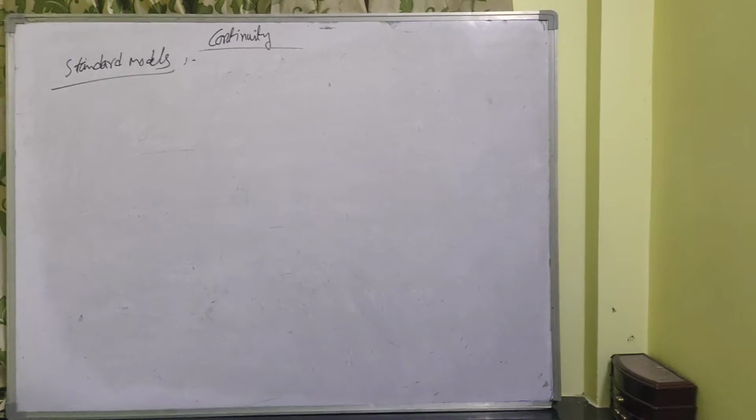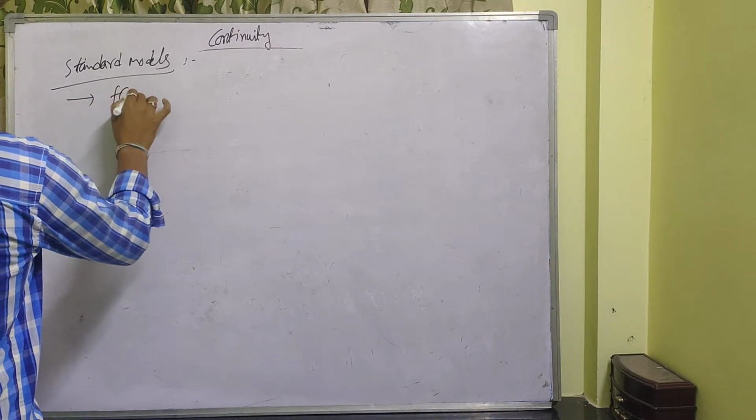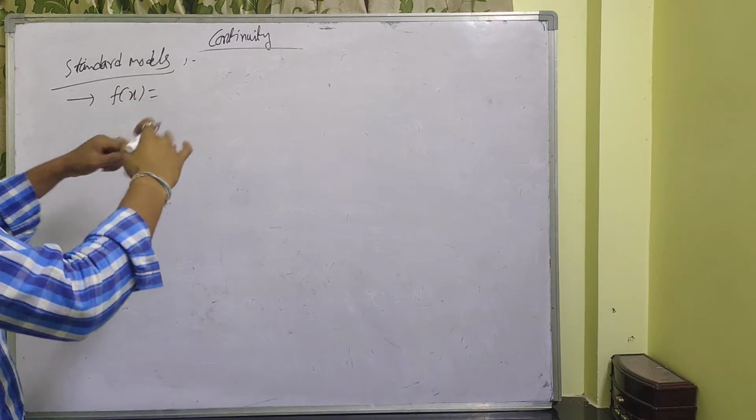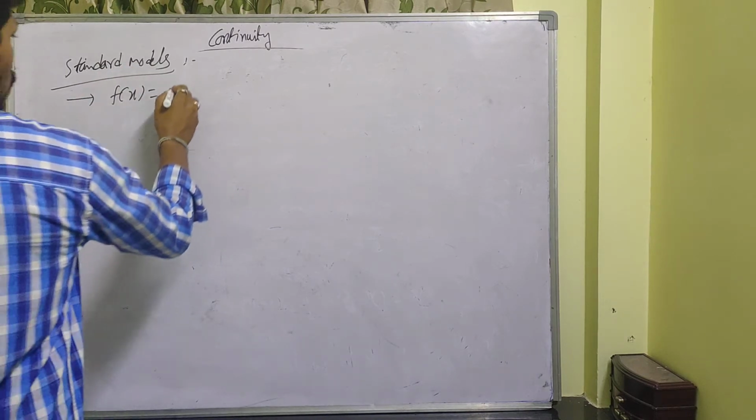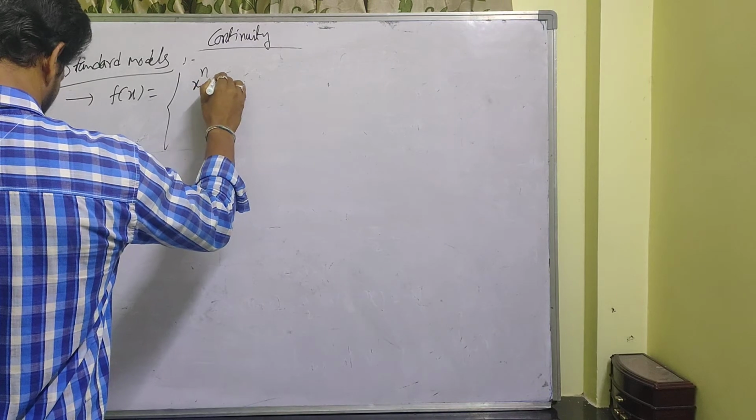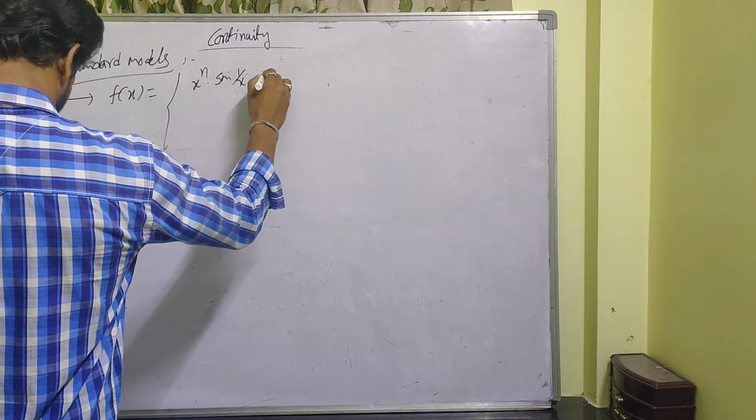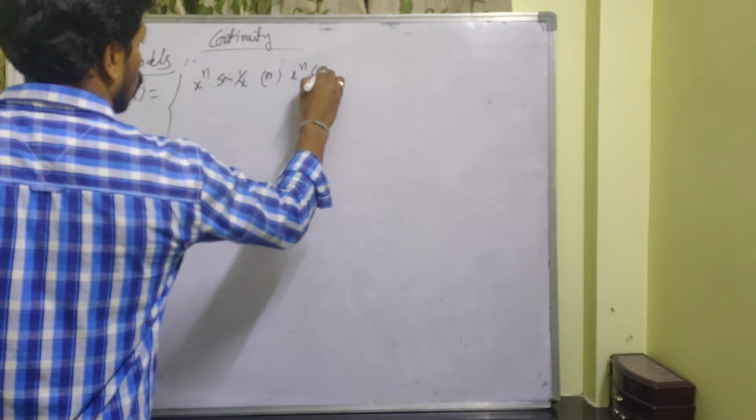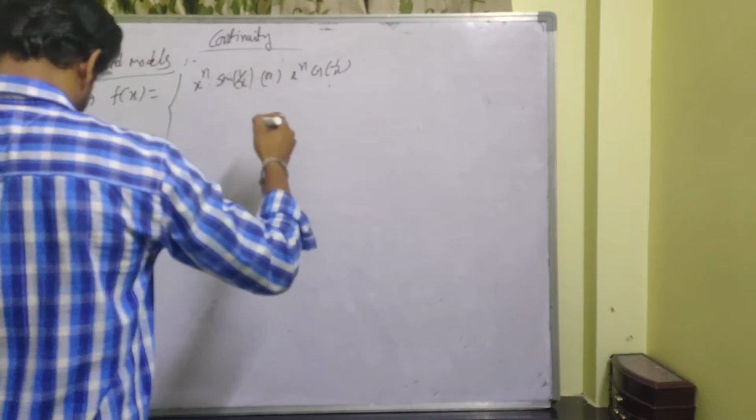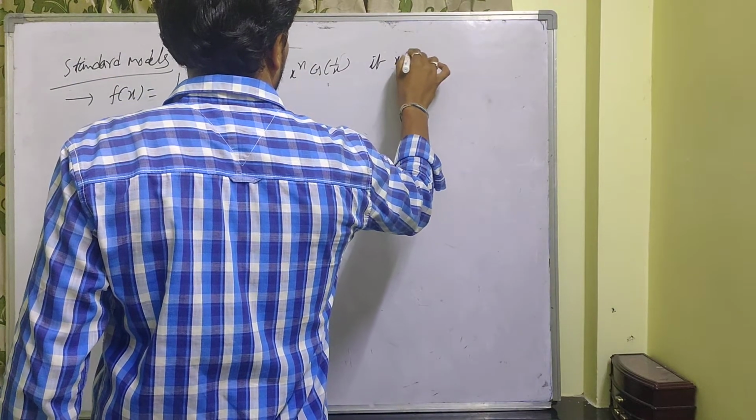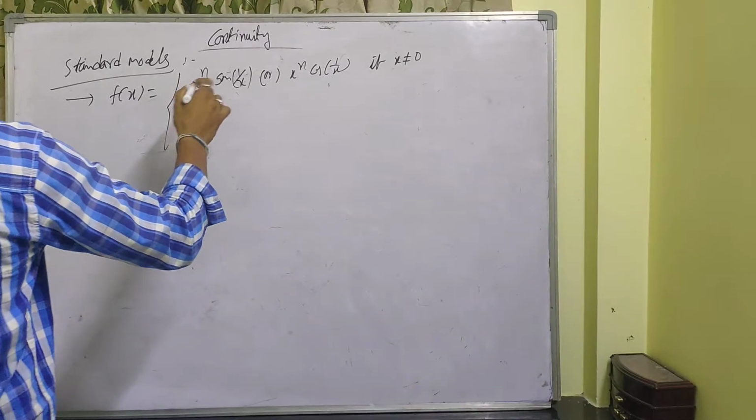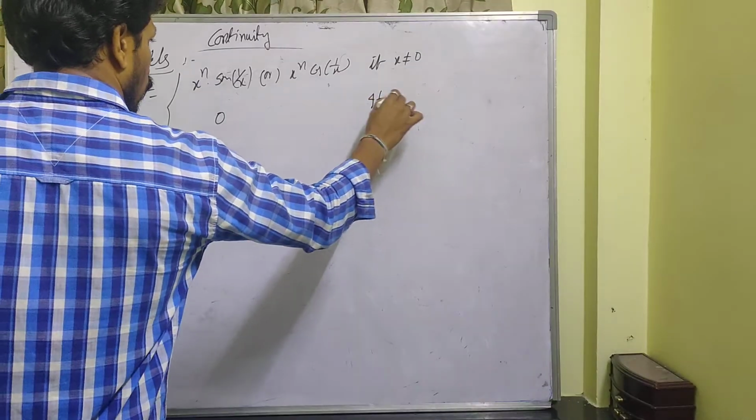See here, first one. Okay, standard models here. The first model is such that by seeing the question only, we can say the answer. So if f of x is equal to x power n into sine 1 by x, or x power n into cos 1 by x, if x is not equal to 0, and 0 if x is equal to 0,